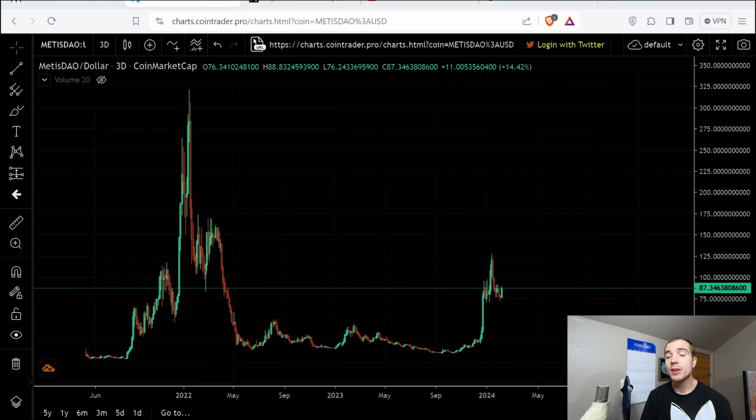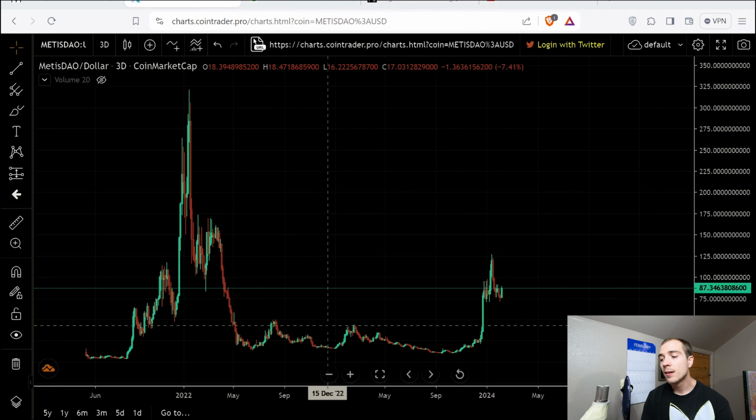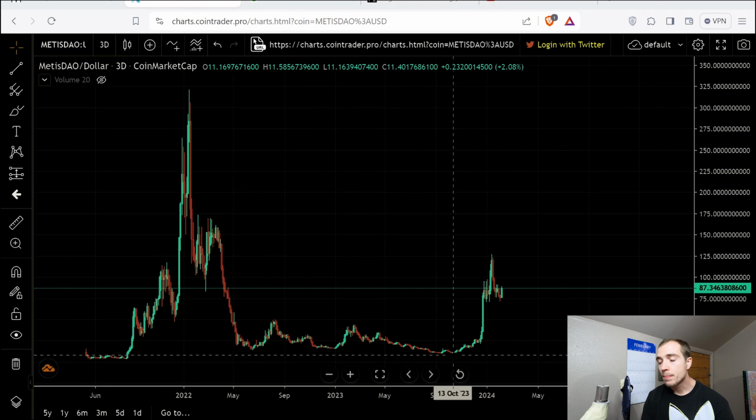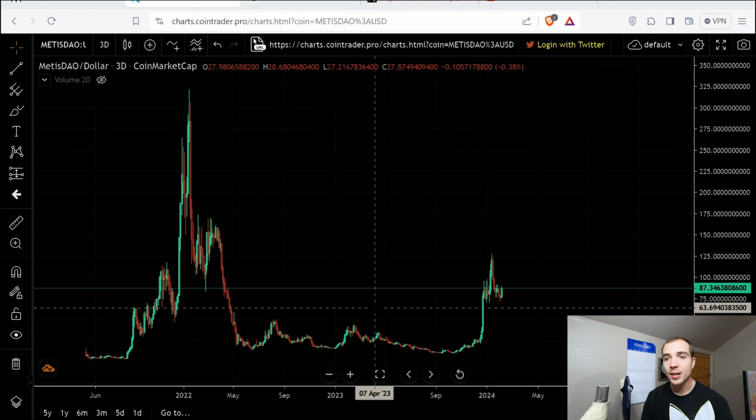Now, if we go back over to Metis, you can actually see just how much the MetisDAO chart looks like that Wall Street cheat sheet. So you get that euphoria phase up here, then you get the bull trap, and then of course anger, capitulation, depression, the full cycle. And now we're starting to break out of that depression phase with confidence. You can see that's a pretty big move off of these lows.